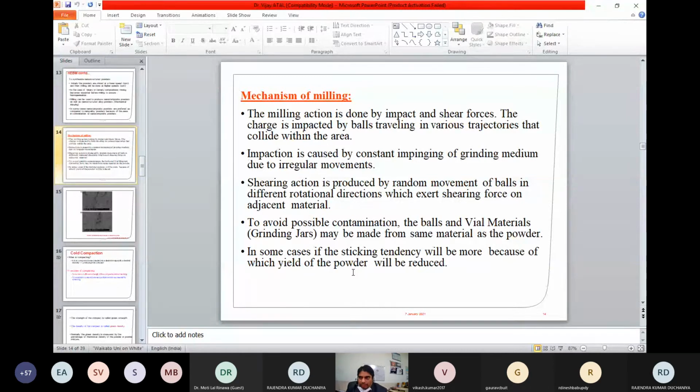Where you think of making some composition of powders, and in that you don't keep an eye on the milling condition. If you put 100 grams of powders in it, and you achieve 90 grams of powder, the 10 grams of powders are gone in this particular sticking tendency. Because of that, you will be deviating from the composition. That should be taken care of. The higher the yield, the better.